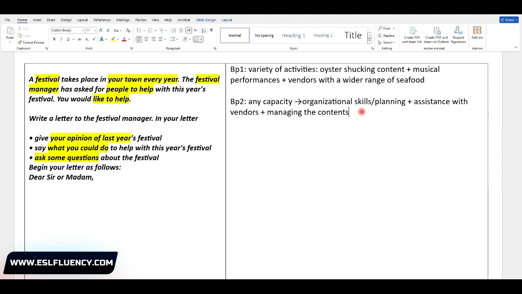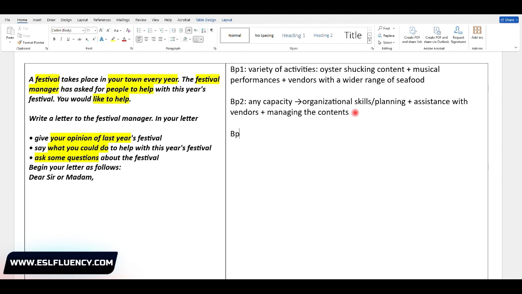All right, I think that's enough for body paragraph number 2. Another thing to keep in mind is you need to cover all the requirements equally. So here I have, for example, 3 supporting ideas, 3 examples, 3 points, 3 things that I liked. I also need to have 3 supporting ideas for my other requirements of the task, which is the things that I can do to help. So in short, you need to cover all the requirements in an equal way. You can't just talk a lot about one of them and just 1 or 2 sentences about the other.